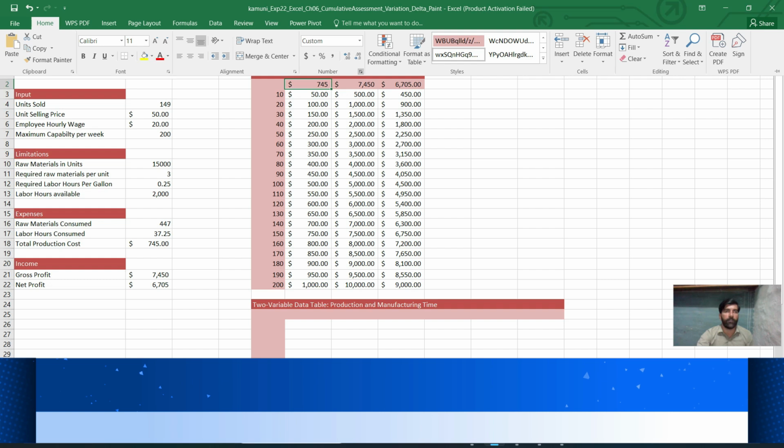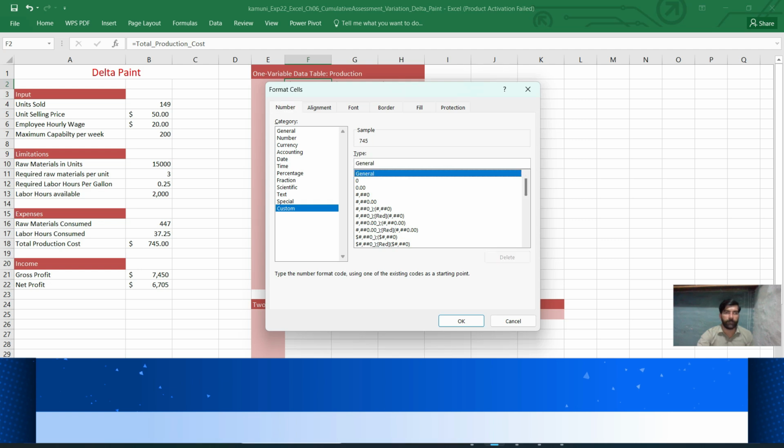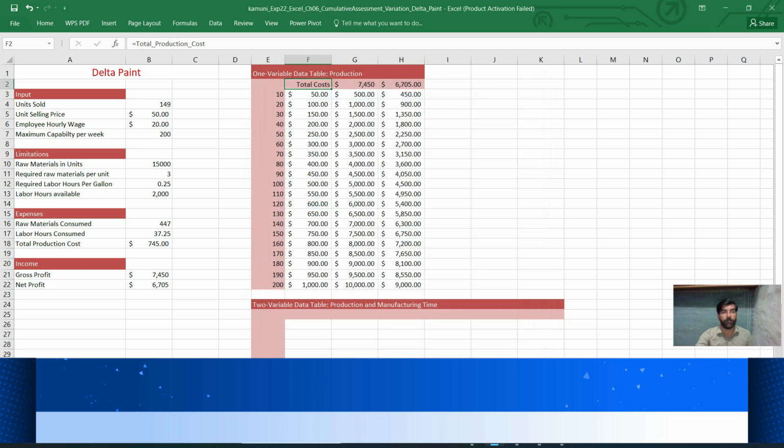For using the descriptive value, I go to Number, then Custom, click on General and remove it. After removing it, place inverted commas, put the value total cost, then inverted commas, and click OK. See here, this is the total cost that we have to show.